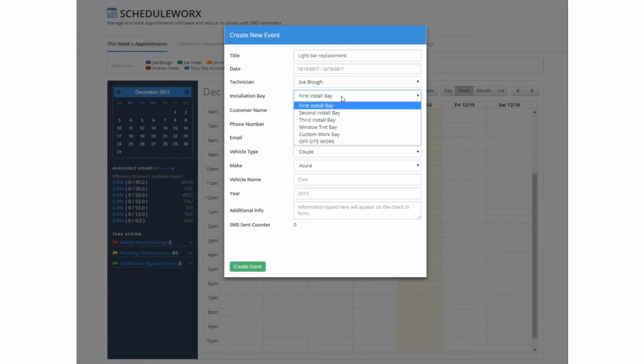We can pick which install bay it's taking place in. So let's pick the second install bay and we'll add the customer name. Let's say his name is Jason Smith. I'm going to enter my phone number so I get a copy of the text message and I can show you what that looks like. And I'll add an email as well,